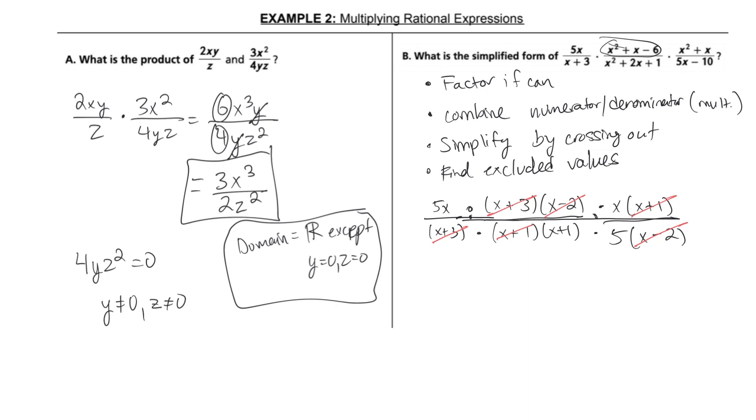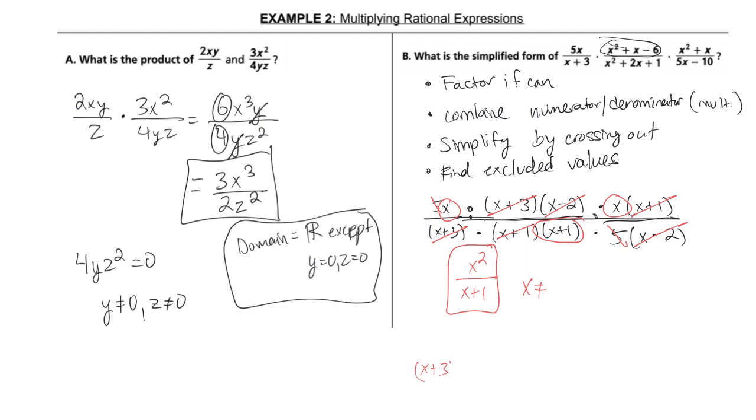And also the 5 cancels, 5 and 5. So all we're left over with is an x and another x and an x plus 1. So we get x squared over x plus 1. And then our excluded values, so x cannot equal,